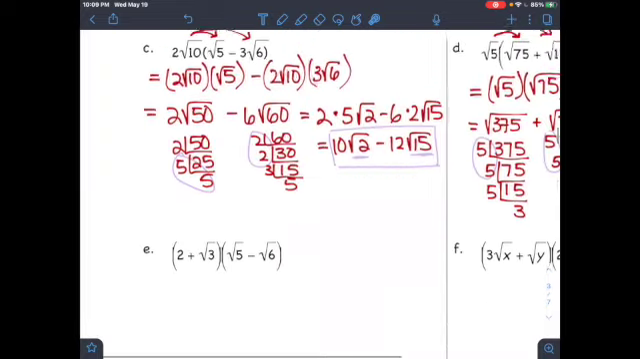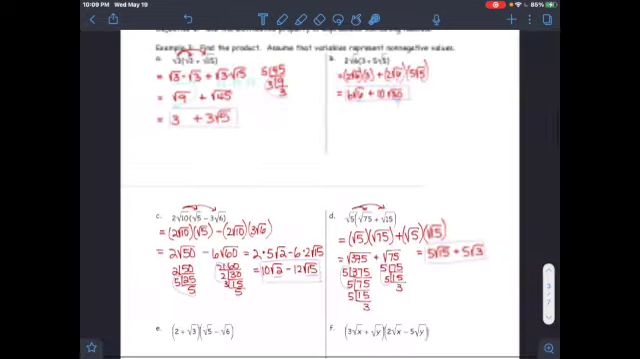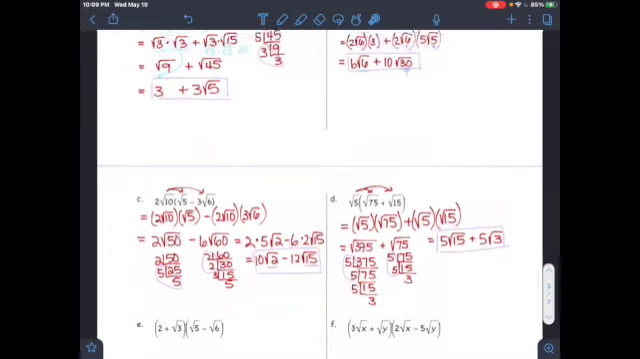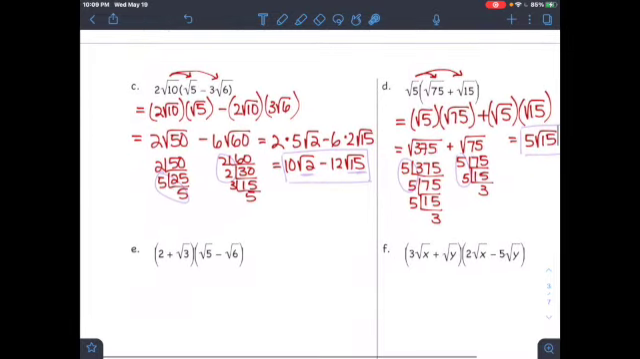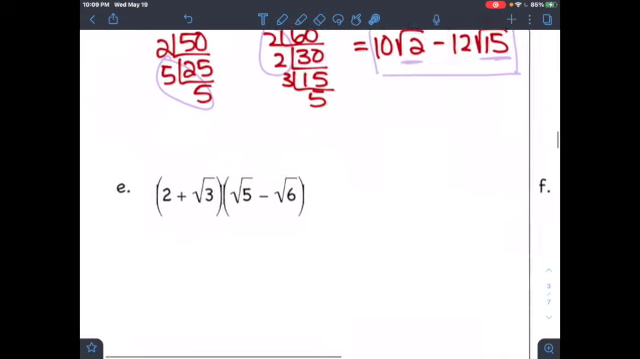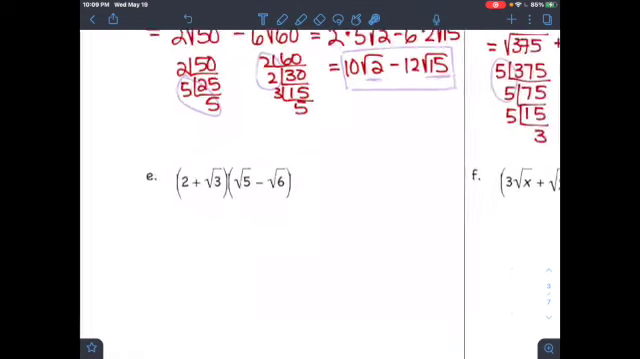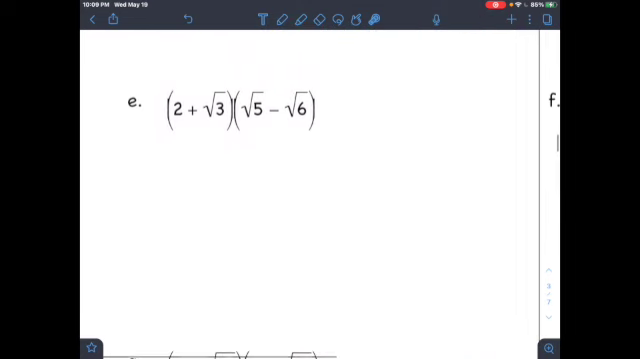So now for letter E, notice the difference between A, B, and C. A, B, C, and D, they all have just one term in front of it. Now we have a binomial times a binomial. So again, this is the FOIL if you guys want to call it, or just take the first term times both of the second, and take the second times everything in the second parenthesis. So let's